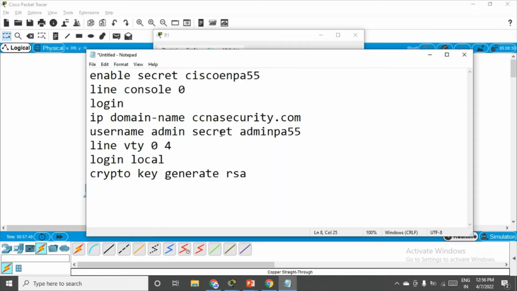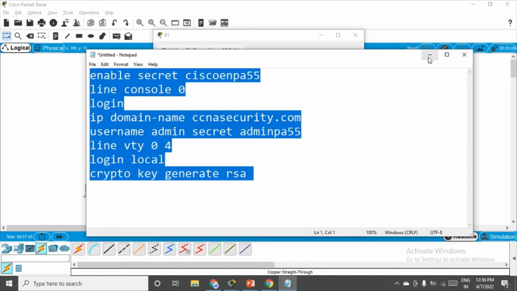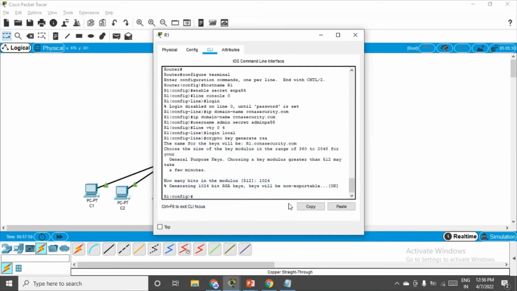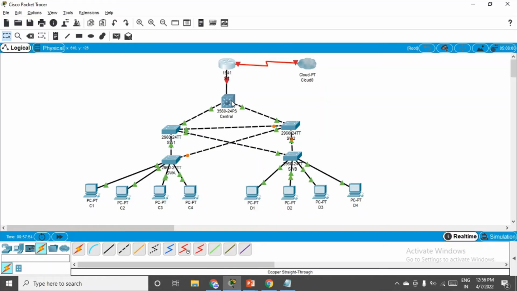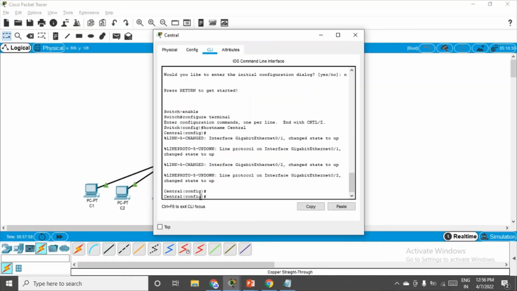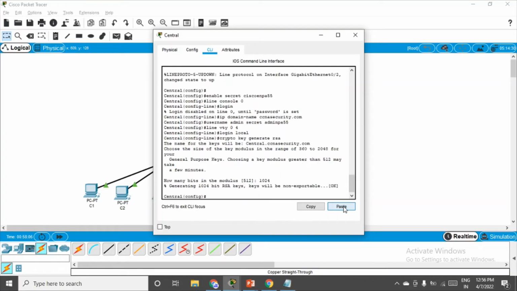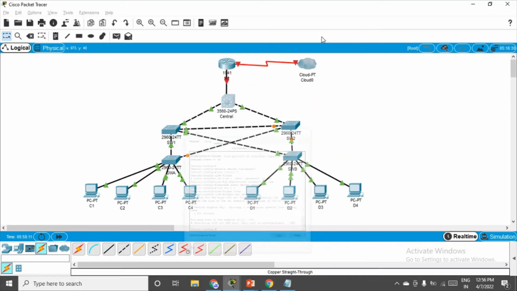So these are the commands basically we have to fire. You can simply copy this, and we'll mention these commands in the description of this video, so you can take it directly from there. So we are done with this router. You can go to the switch now, central switch, and go to CLI and then enter. We are already in config mode, so kindly paste, and done, and then mention the number of bits. So the password setting is done for central,